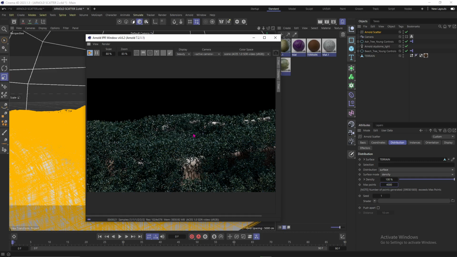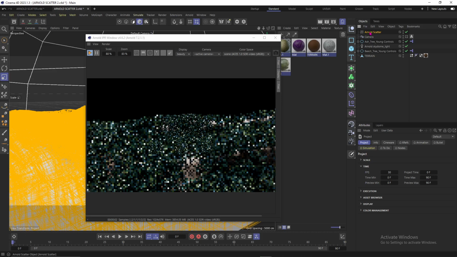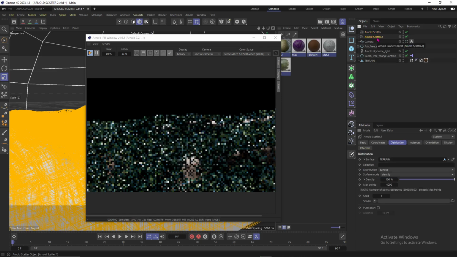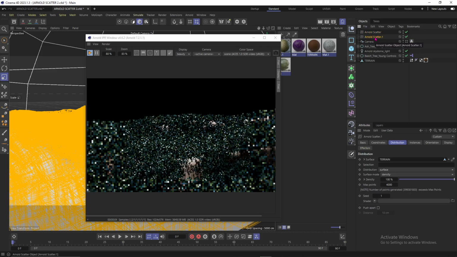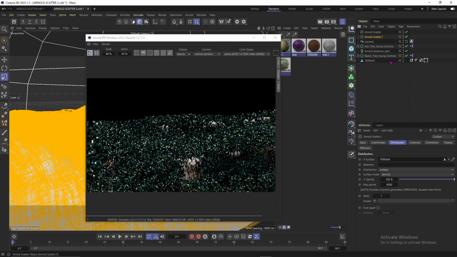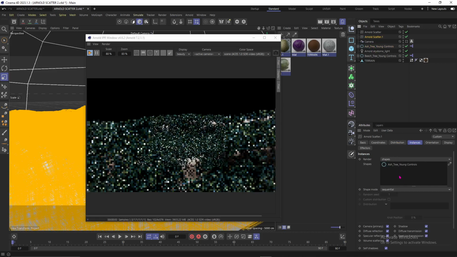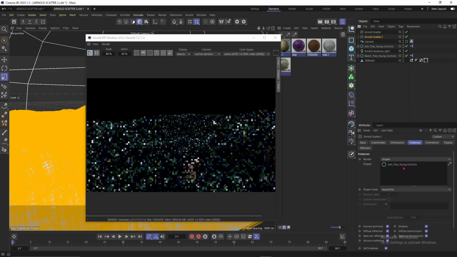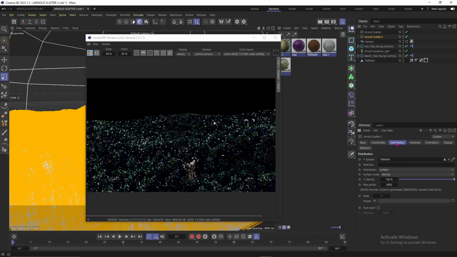Basically, this is all there is to it. You can add another instance of the scatter, or you can just select it, press Ctrl and drag another instance right here. These are all in the same area. So come to the instances and remove this one, and I'll put the ash young tree inside here, and then I'll change the distribution